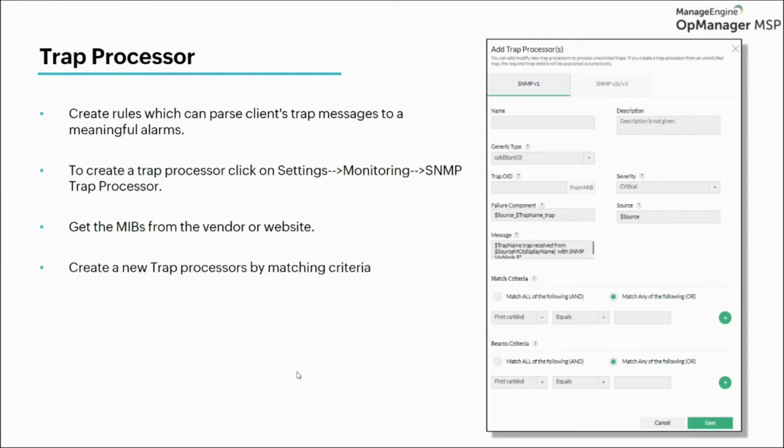And inside the trap processor, you can have custom criteria to raise the alarm. Instead of raising an alarm whenever a trap comes in, in case my customer is sending a trap and that trap has an authentication failure or a breach message, at that point raise me an alarm. So you can have a custom criteria to raise an alarm instead of raising the trap alarms whenever you receive them. This helps you customize your notifications and get the desired alerts based on what we want and what we don't want.